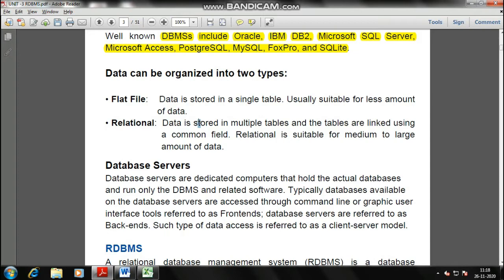Suppose you are running a company. So you have a purchase department, you have a sales department, you have a quality checking department, you have the accounts department. So different departments are there. Different departments will be dealing with different databases. So for the sales department, we have n number of customers, the customer names, the company names.